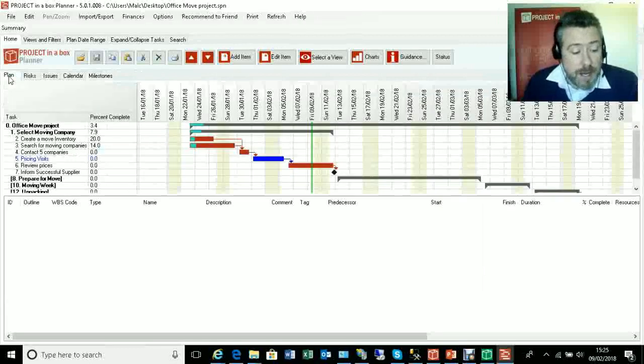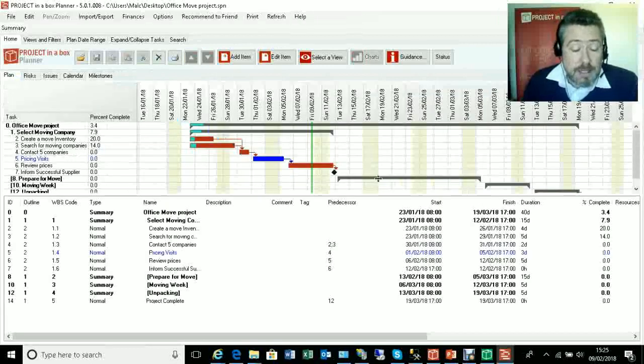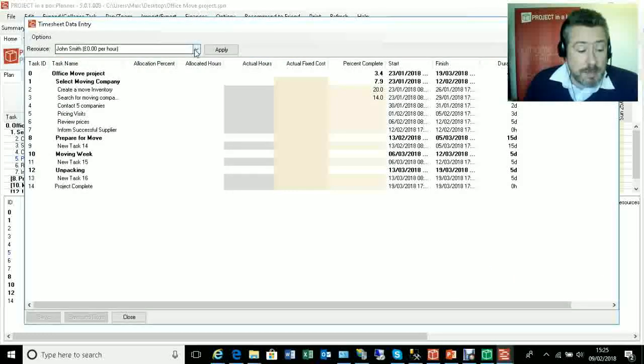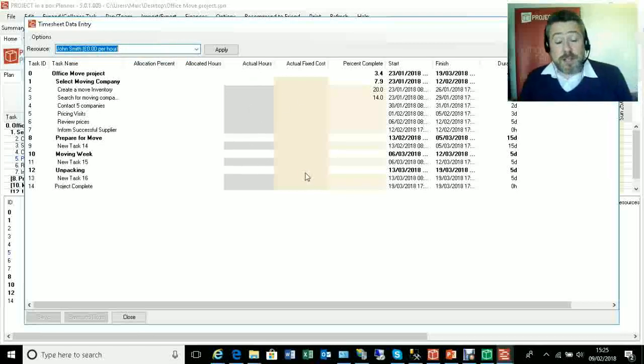So when we talked about our plan, we looked at tasks and we talked a little bit about resourcing it, but these can be resourced, and they can also then be managed as timesheeting if you want to. You can record your budget costs and actual costs against those, and we have tools up here for doing all that. You can select the person you're interested in and note down the hours they've spent and how much actual physical costs they've incurred against the project to work out how you're going with your budgeting.